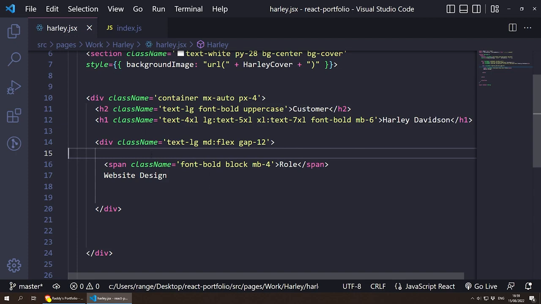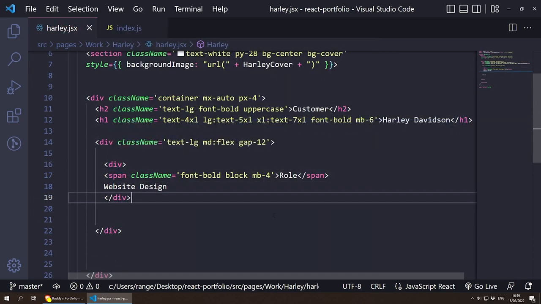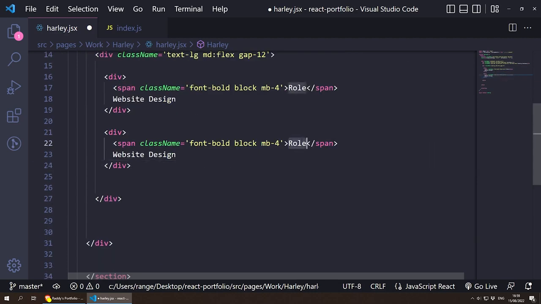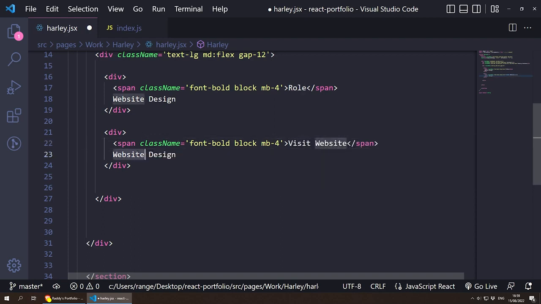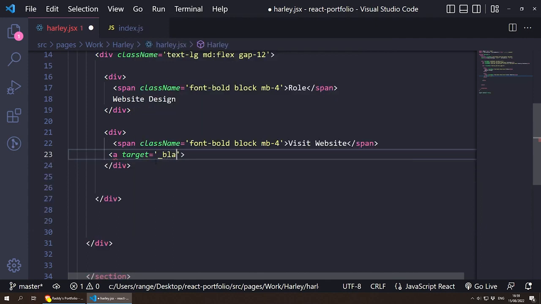Now I'm actually going to have to wrap this into its own div as well. So let's do a div and wrap it. The reason for this is because I want the second element and this element to be next to each other. You'll see in a second. This means that potentially we can copy this, paste it here, and then do a visit website. And the website is just going to be a link. So a, target equals underscore blank, so it opens on another tab. href can be https colon /